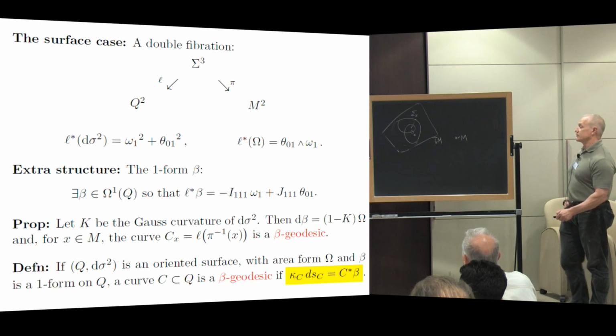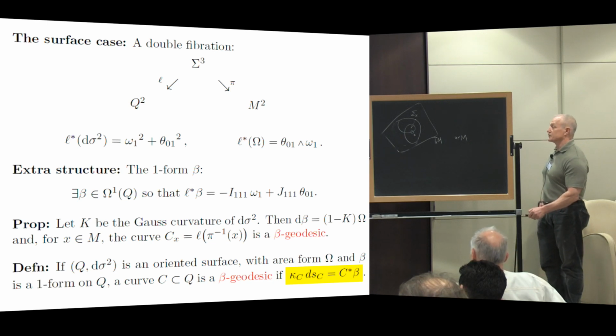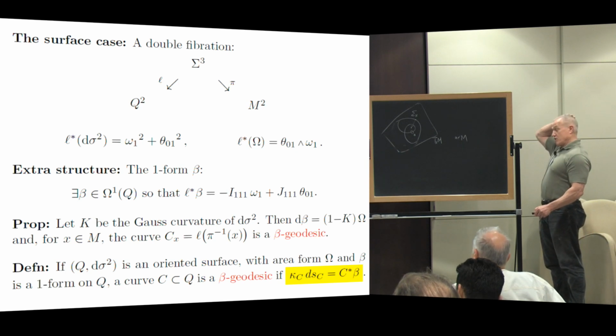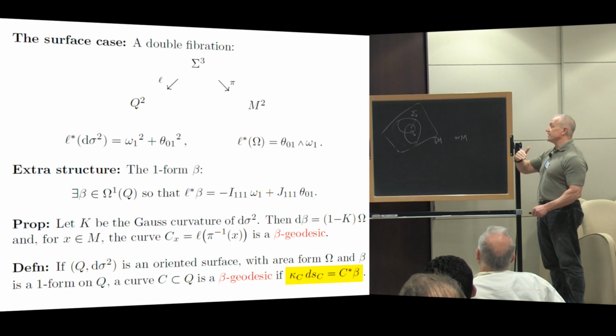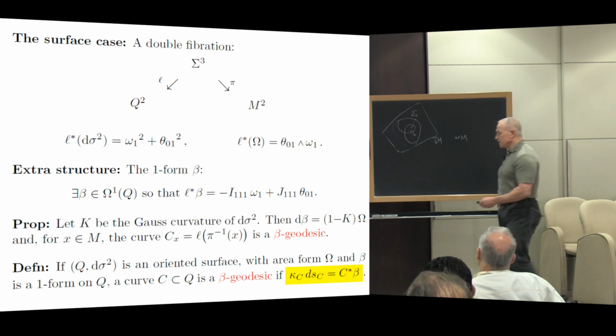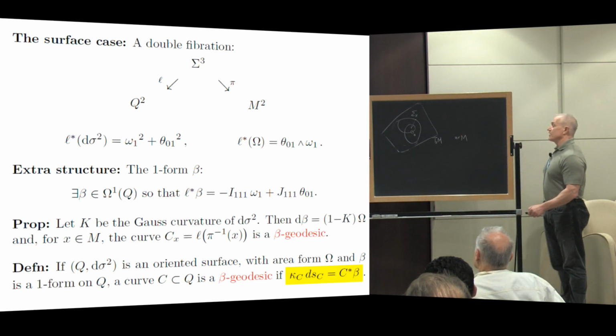In other words, for example, if beta is 0, then the zero geodesics are the same thing as just the ordinary geodesics of Q. The beta geodesics are defined by the property that their geodesic curvature at each point is determined by beta. And just as in the standard geodesic picture, through every point in every direction, there's a unique beta geodesic